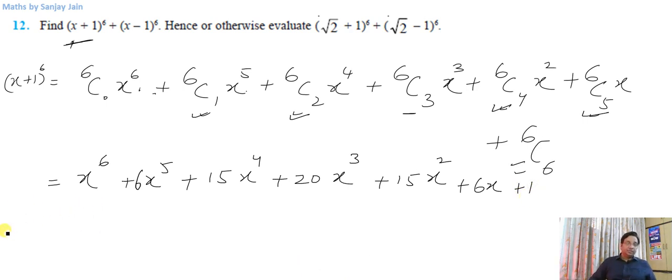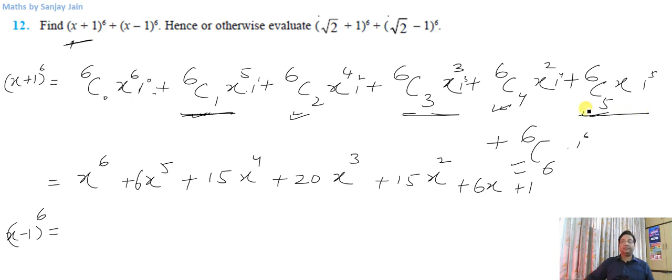Okay. What is x minus 1 raised to power 6? Now when I'm writing x plus 1 raised to power 6, I said that I am considering 1 raised to power 0 here, 1 raised to power 1 here, 1 raised to power 2 here, 1 raised to power 3 here, 1 raised to power 4, 1 raised to power 5 and 1 raised to power 6 here. Now when I've got minus 1 in place of 1, this term will become negative, this term will become negative. So if you notice, which terms are getting negative? Where the coefficient, or where the power of x is odd. In any of the ways you can think about it.